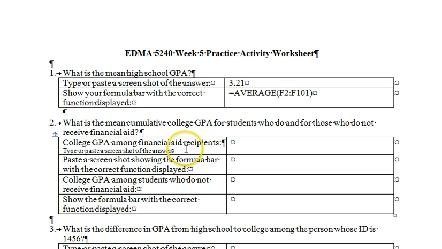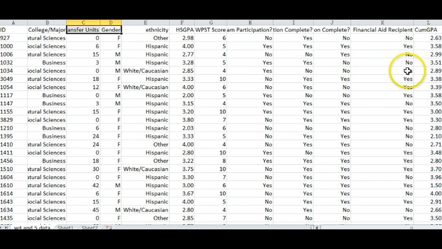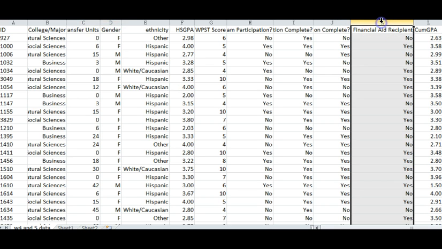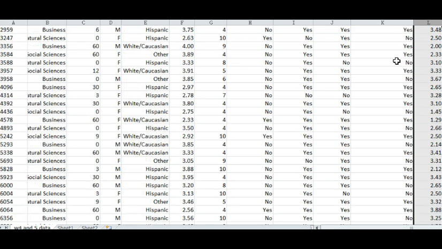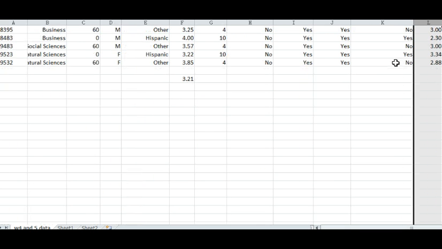So we're going to go ahead and navigate to the Excel document. So I'm here now, and what you will notice is that the financial aid recipient information is in column K and cumulative GPA is in column L. So what I'm going to do is I'm just going to go down. You could do this anywhere in the document, it really doesn't matter, but I'm going to stick to column K,